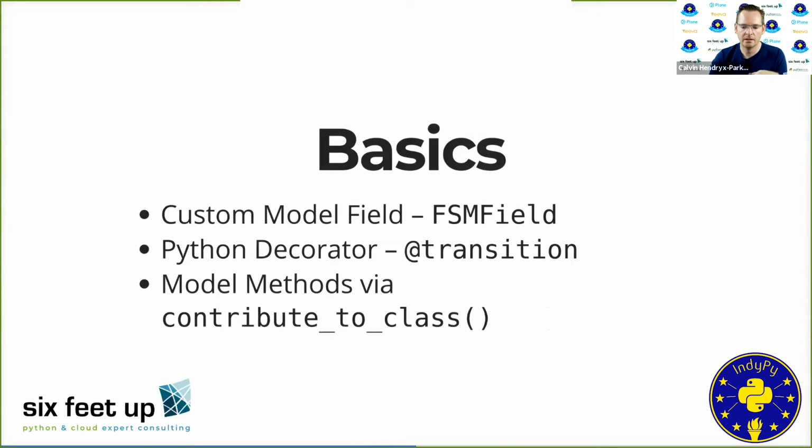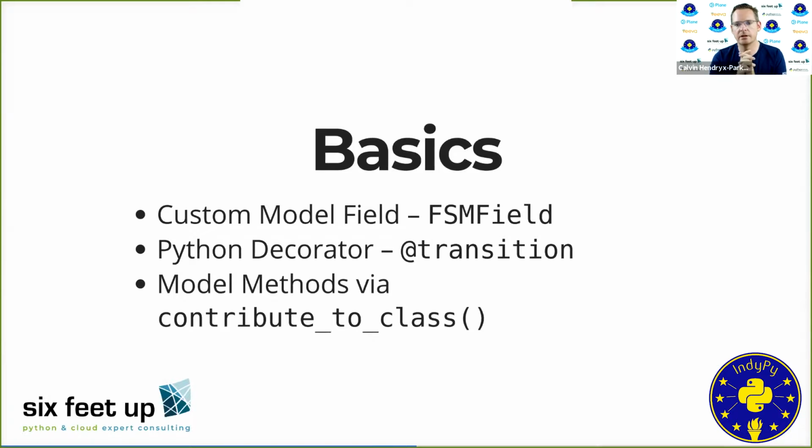The basics of Django FSM is you're going to have a custom model field that you can add to each of the models that you want to have this workflow process tracked under. You will create a field on your model using the FSM field, and I'll show you some examples of how we do that. We'll specify the various workflow states, and then inside our model we'll have a Python decorator for transitions. Each method of our model that we decorate with a transition will specify a source state, a target state, some kind of permissions, and a few other extra things.